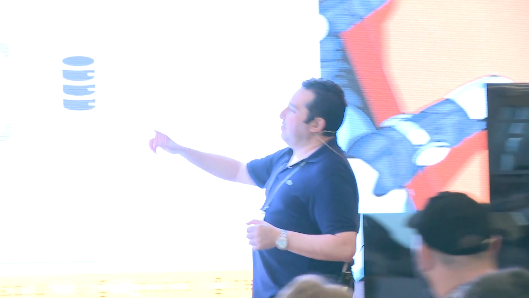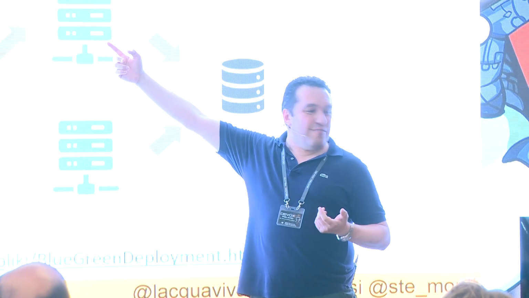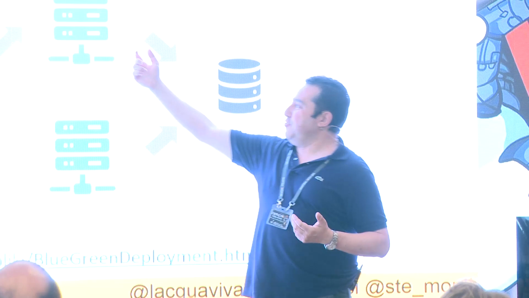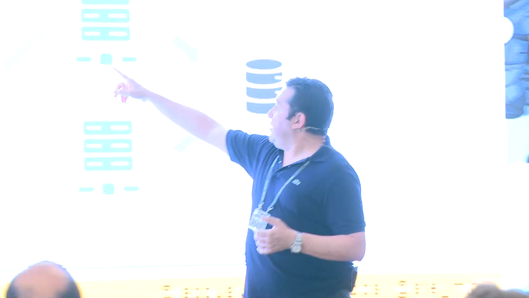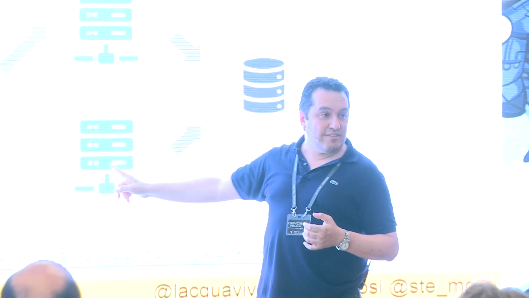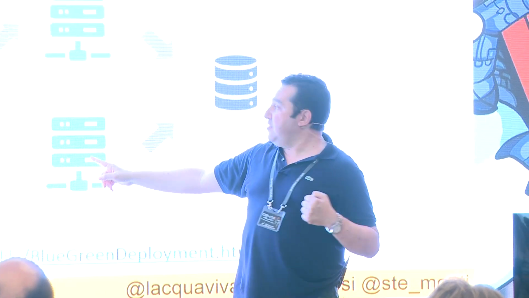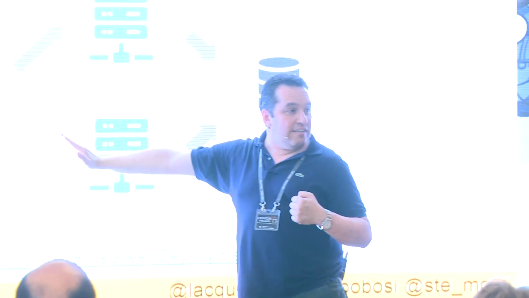Of course, if you have to achieve zero downtime, you cannot have only one version of the application at a time. So the old version is usually hidden by a proxy. You use the old version, you put in place the new version of the application, and you just switch instantly with a proxy. So by using blue-green deploy and expand and contract, you achieve, in almost any case, zero downtime.